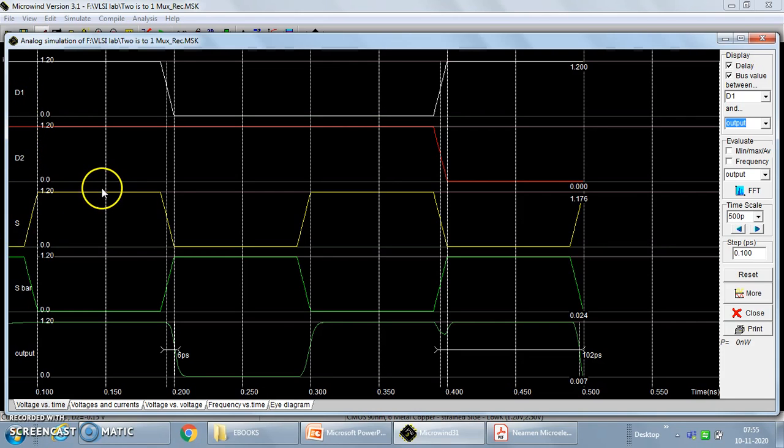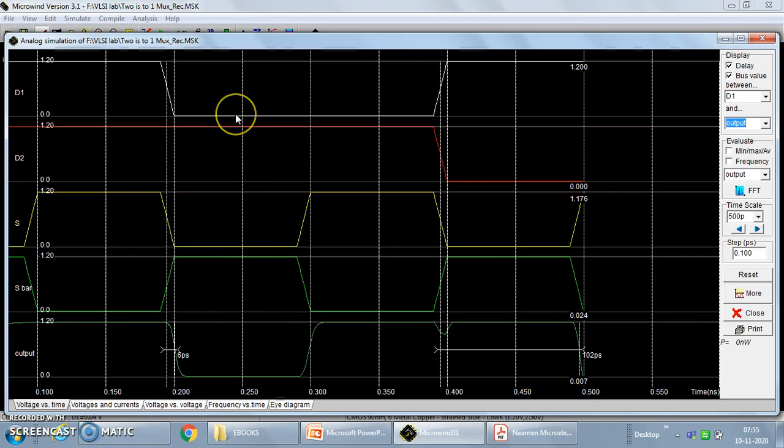When S equal to 1, D1 should be transferred to the output. See, in this case both the inputs are 1, but the output is because of D1 only. Now if I make this S 0, when the select line becomes 0, we can check. Here the D0 value is 0 and here it is 1. But whose output is 0?